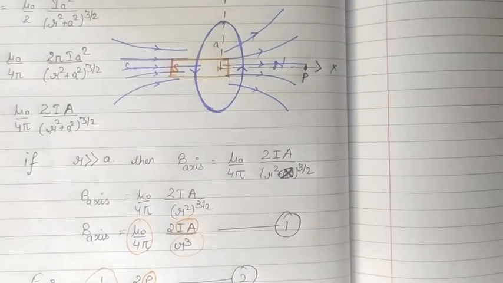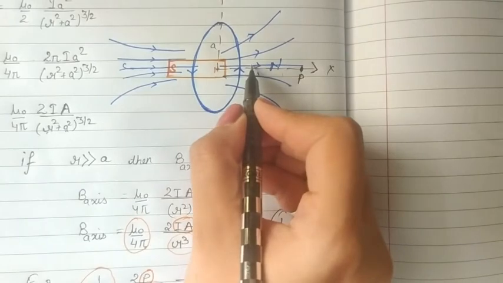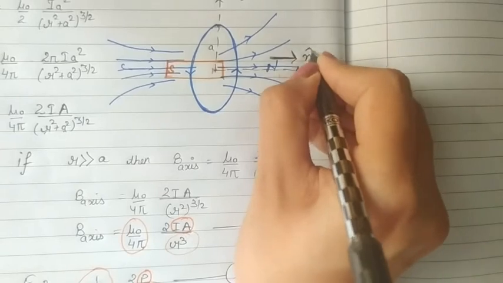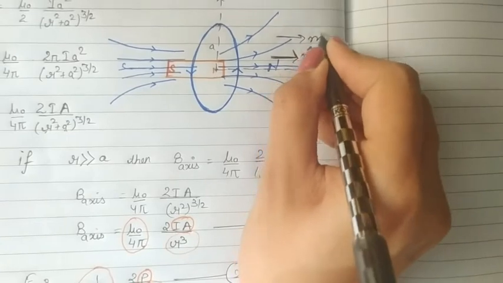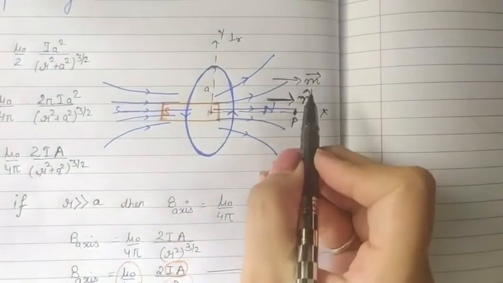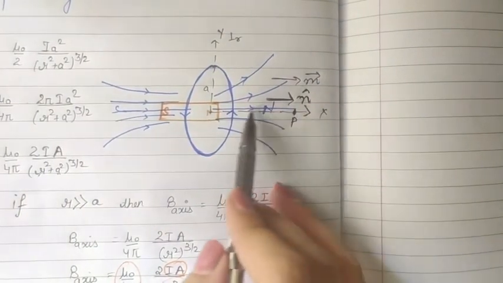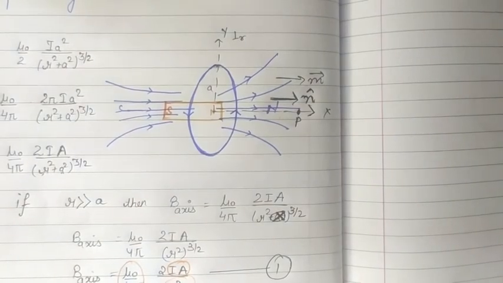That means जो magnetic dipole moment का direction है, that is n cap, it will be in the direction of north polarity, or we can find it by using the right hand thumb rule. So n cap will be in this direction, and our magnetic dipole moment, that is M vector, will also exist in the same direction. So the M vector direction and n cap direction are the same, and it is the same as the direction towards the north polarity, right? So the magnetic dipole moment for a current carrying loop is I into A.